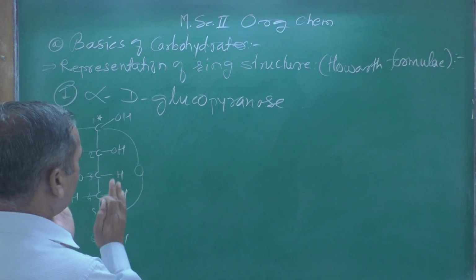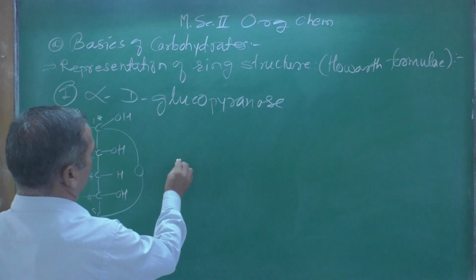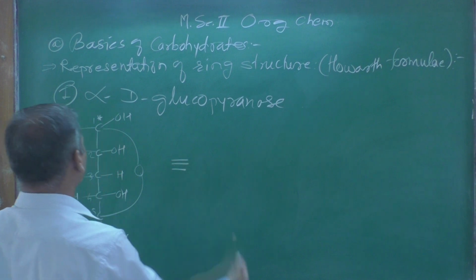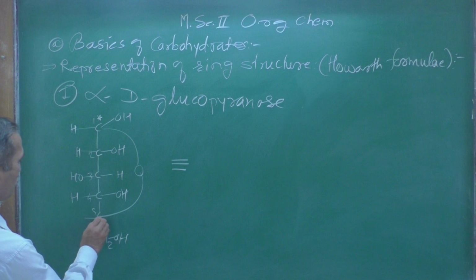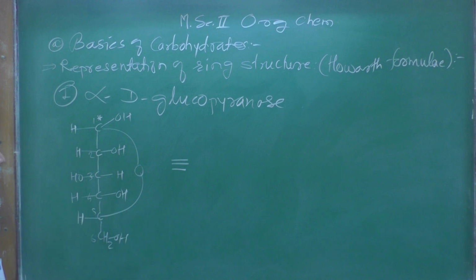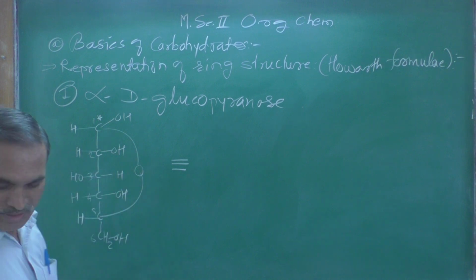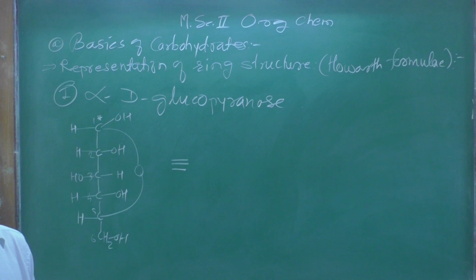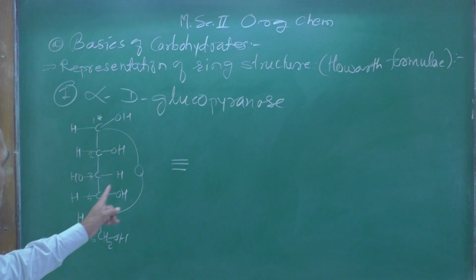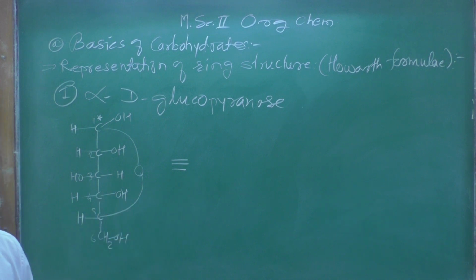And now we are going to convert this into the Haworth projection formula, or this we can represent, or we can show this group in a,